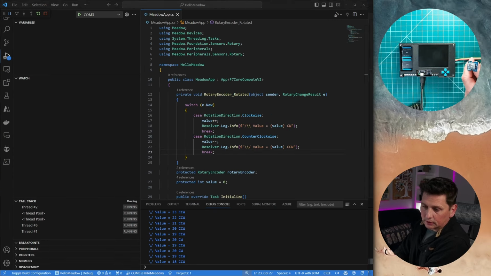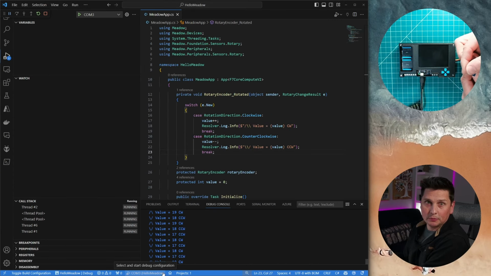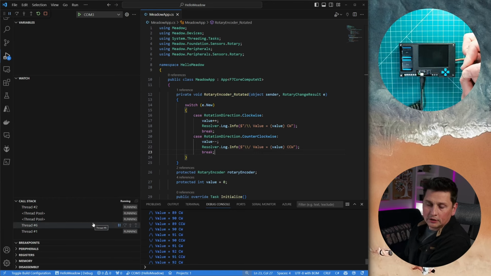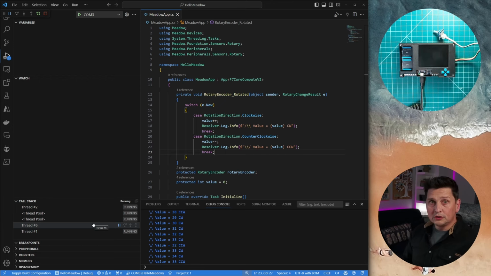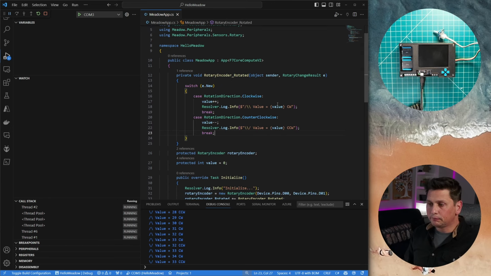And actually, I did a bad thing, which is I zoomed in, and the zoom is not dynamic. Anyways, you can see it here, and when I go up, the value changes. I scroll down, the value changes the other way around, right? So you have to believe me, I'm turning around, and you see the value is changing. So it was pretty straightforward to connect this Grove sensor and get the code working with very few lines of code. I just created this instance of a class, RotaryEncoder, one line of configuration, one callback, and I'm in business. It's pretty straightforward.